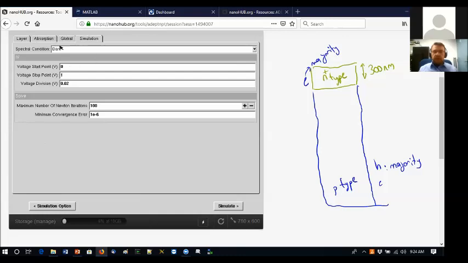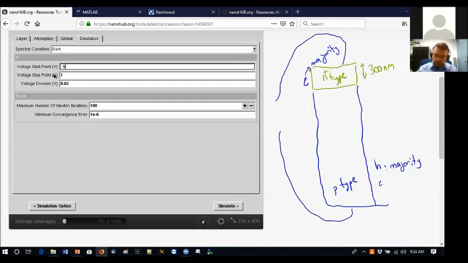Now, coming to the simulation, it's now under dark, and let's change this to be from -1, because I want you to see the reverse bias condition too. So we're going to scan from -1 volts. So what are we doing? We are tying this up, this is not a solar cell yet, to a power supply, a battery. And remember, what would be the polarization? Of course, during the scan, it's going to change. So once it's -1,